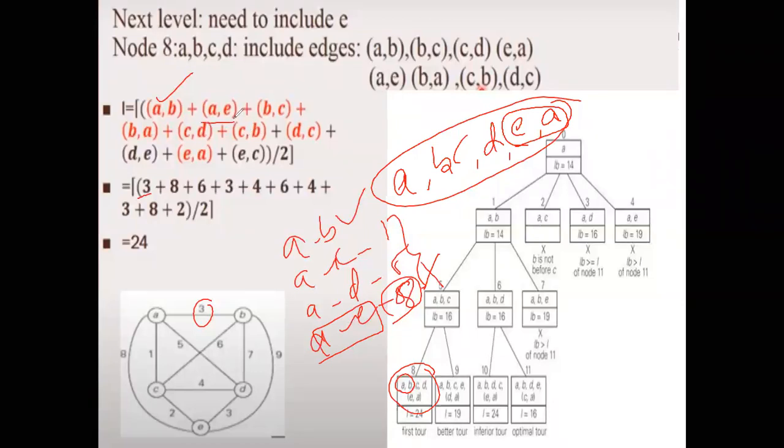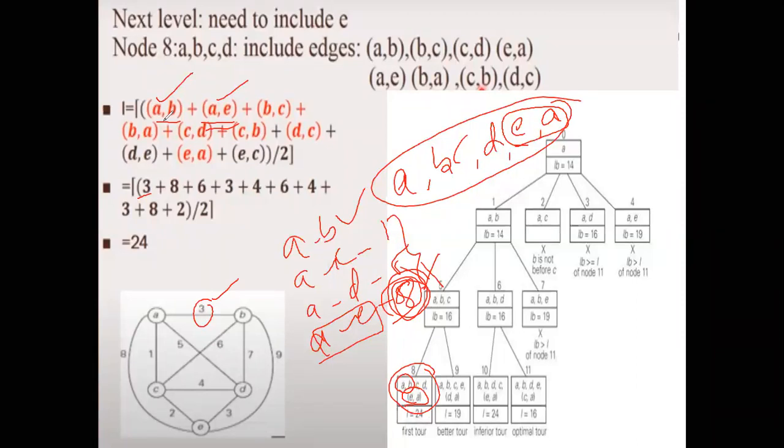How are we selecting A to B and A to E? Did you get this point? Any doubts here? Okay, so let me explain once again. So A to B, how did you get? Because we already told from the previous notes, there is a path from A to B. That is A to B, there is a path, that value is 3. Why are we selecting A to E even though the value is more over here? Because we are telling there should be a path from A to E. If you take this example, A to E, there is a path.